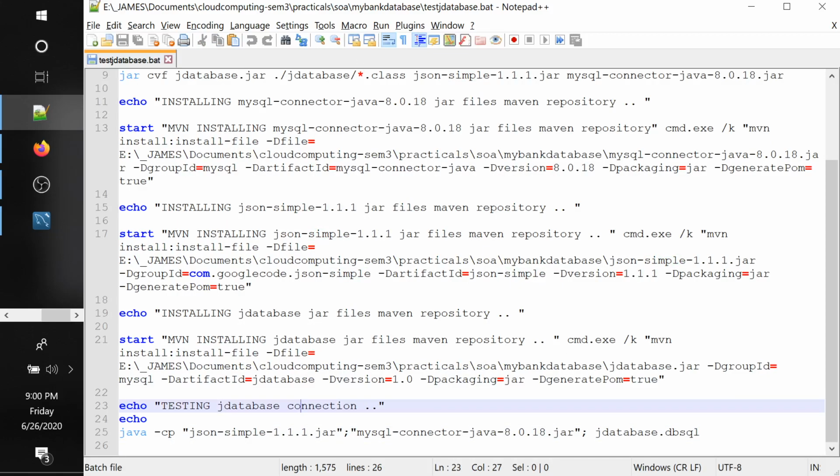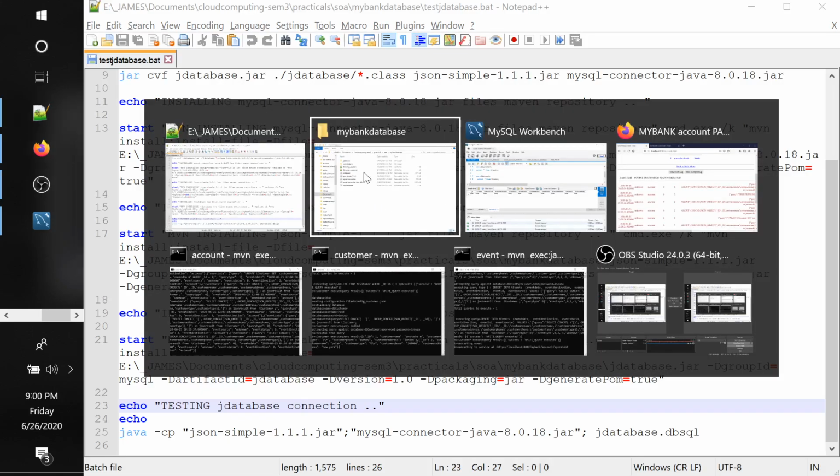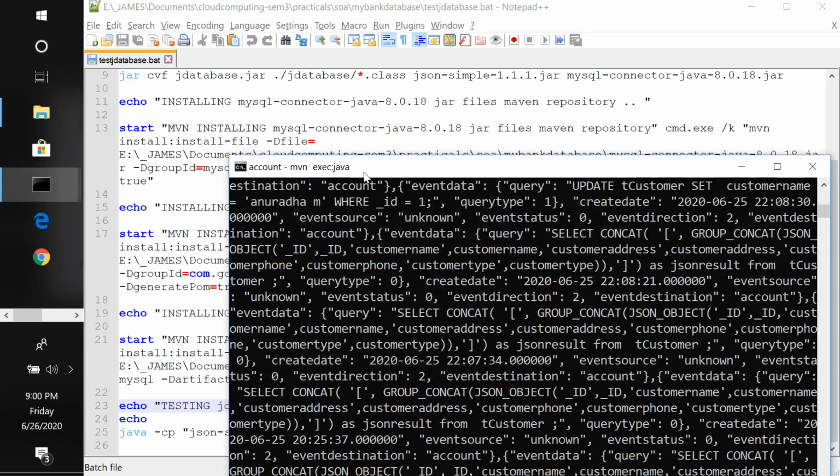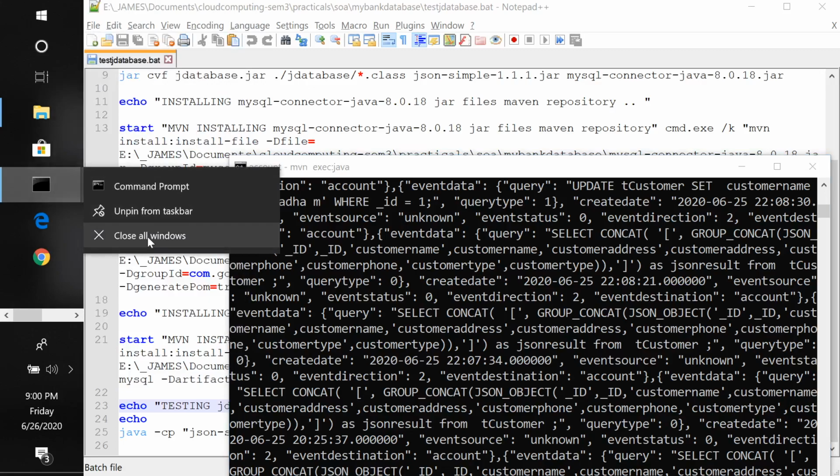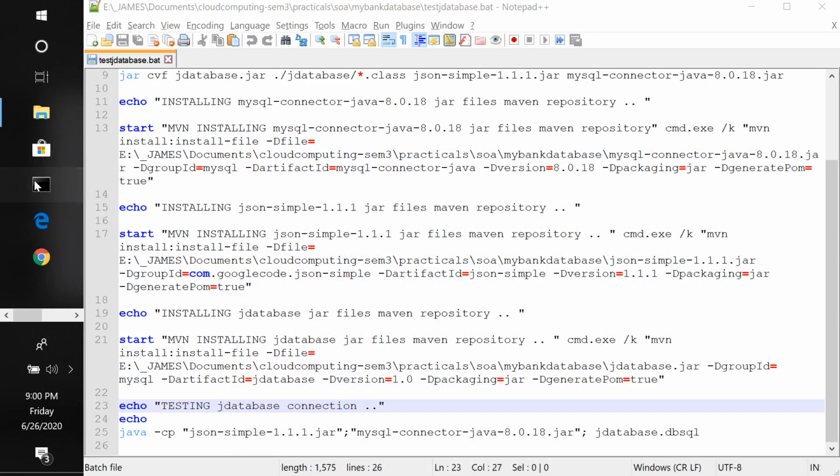If I run this batch file, all these commands will be executed one by one, and you can test it yourself by either running the batch file or, I would suggest, take one query and test it yourself to see whether it works or not. Let me close all the command windows first, just to show you how to compile, and let me open a new window.